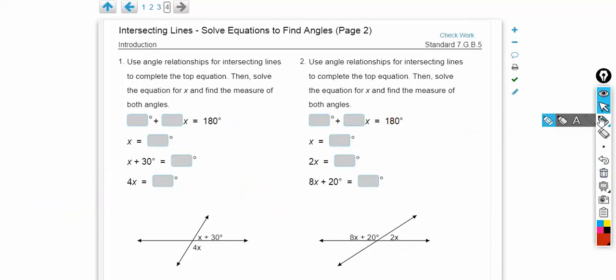Alright. Use angle relationships of intersecting lines. These are the intersecting lines. To complete the equation, solve for x. Find the measure of the angles. Okay, so over here we're going to have our straight angle, and we know that equals 180, which means